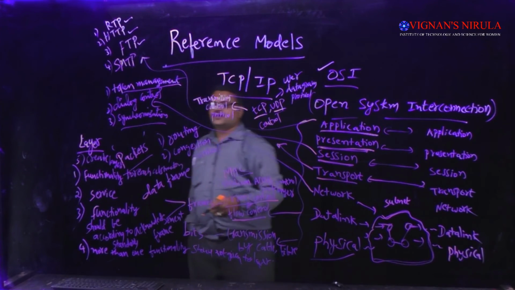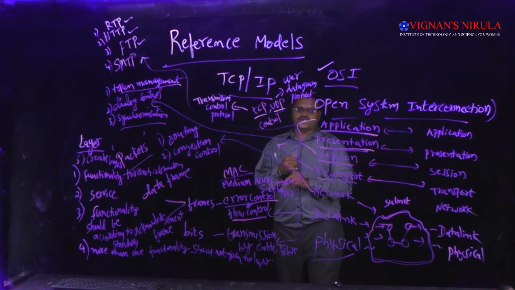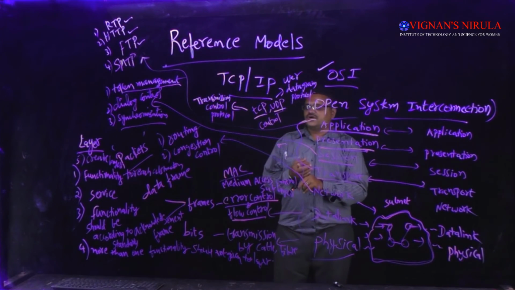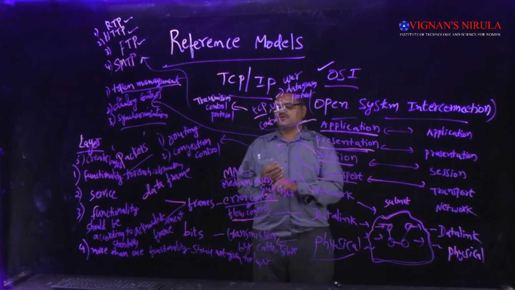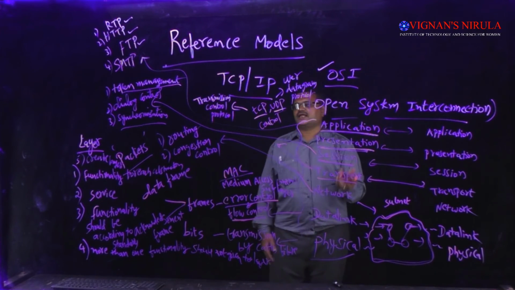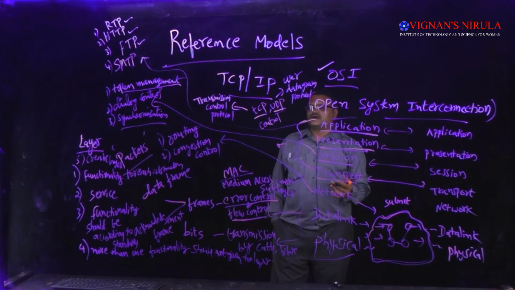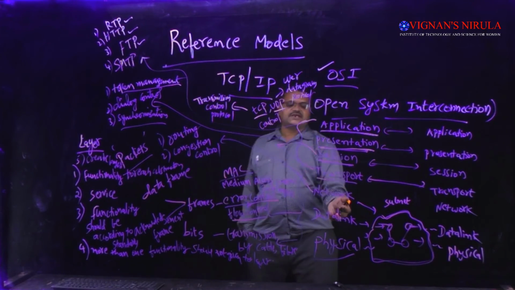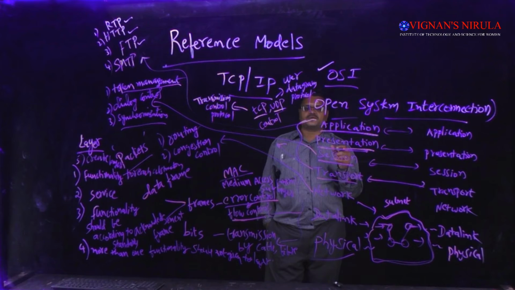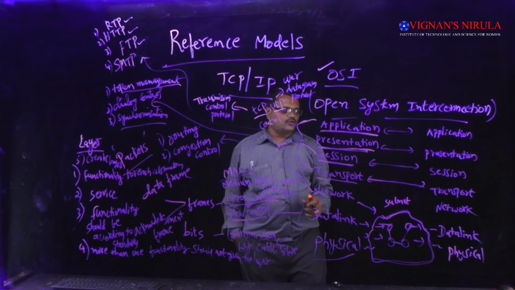So these are the different properties of a layer. Each layer should be unique. That means it should serve only one functionality, it should provide services to the layer above it, and its function should be according to some standards. More than one functionality should not be given to a layer. Whenever you want a new functionality, create a new layer above it. So for the different layers, physical layer, data link layer, network layer, transport layer, every layer is performing one particular function and one particular activity. So this is about the OSI layers.